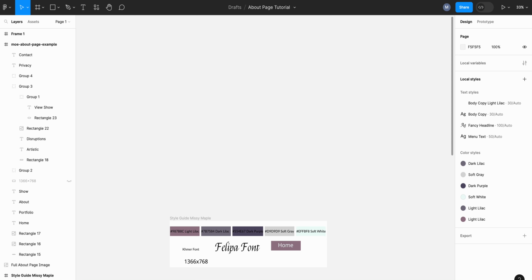There may come a time when you want to change the style guides, the color styles and the text styles that you set up. I like to set up a style guide at the beginning of a project so I have all my colors easily available. I have all my fonts available in the sizes that I'm going to want them, so I can apply them